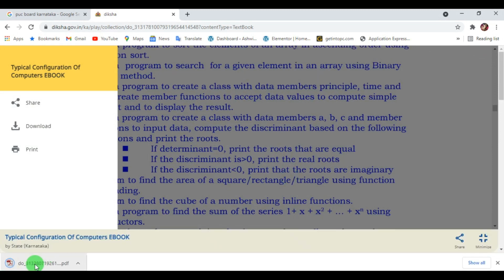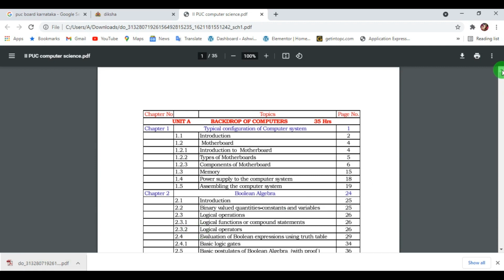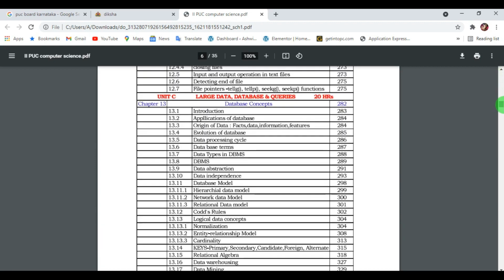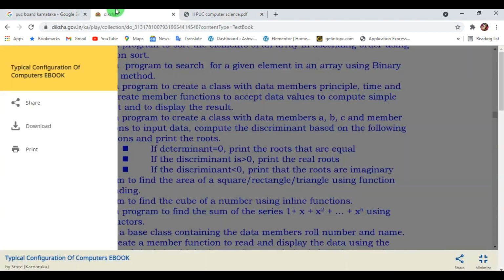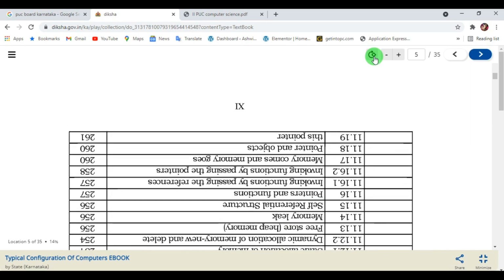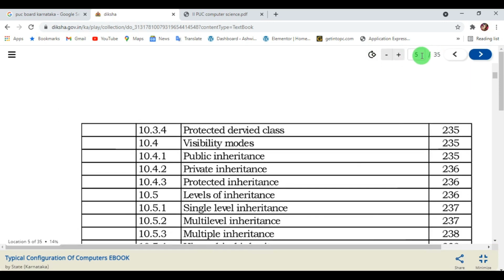So here you can see the downloaded file. I'll open this. See here, I have the textbook. Okay. So this is about how to download it. So next, you can rotate it also. So you can zoom in,